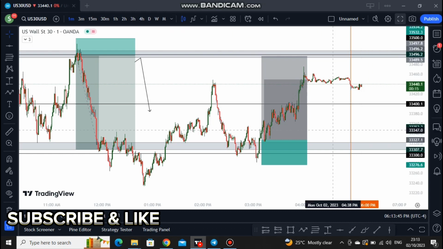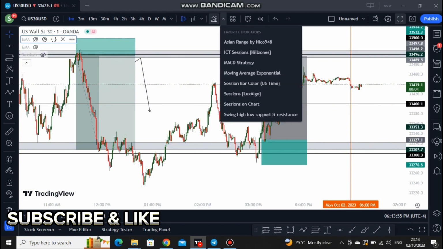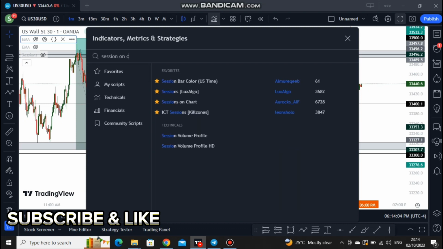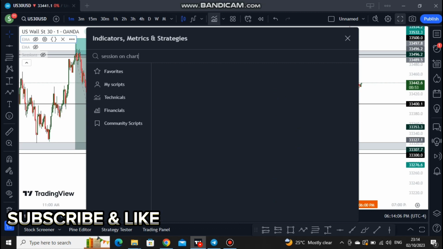Then the second thing you're going to do is to add your session indicator by coming to this area here. Once you come here, click on this indicator icon at the top, then type session on chart. Once you type it, you're going to have an indicator pop up here produced by Arox AIF, used by 6,738 users. Just star it, make it your favorite,